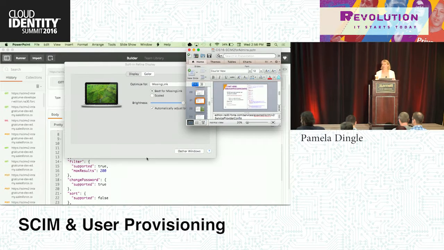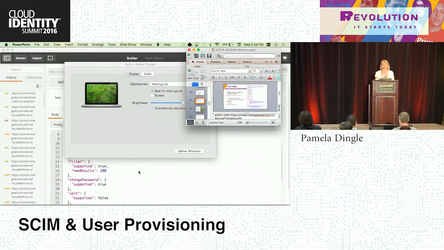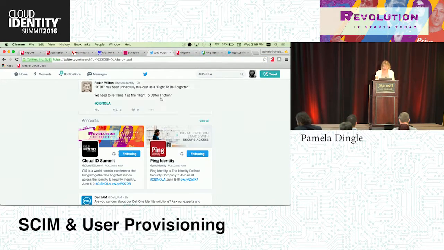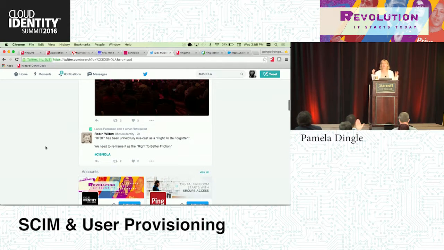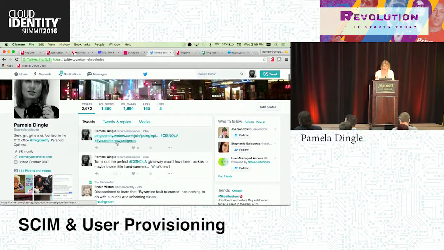Were you guys able to get that URL okay? Make it work? How did you get on the web? Oh, I tweeted it. If you're on Twitter, you can pull it up and look for the CIS NOLA Twitter sign. Hold on. I did give it a custom hashtag. I was just trying to be a smart aleck. Just Google Pam Dingle too. Oh yeah, just search for Pamela Rosie D. That's my Twitter handle. I wonder if we've gotten any responses. Let's see. I think that'll show mine. Right, so if you look at the hashtag, if you don't know, just ignore. That's going to be the actual URL here.